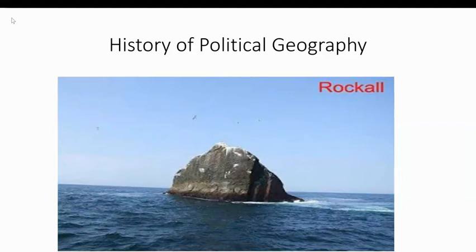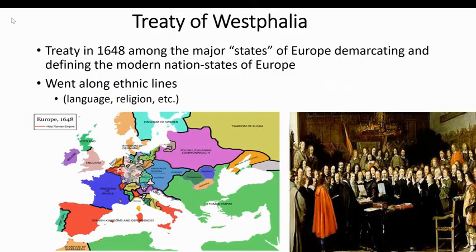The last lecture for Unit 3, and obviously then the last lecture for Chapter 8. And so this one is titled A History of Political Geography. And we're going to start with the Treaty of Westphalia. So go ahead and I'll give you just a minute to find your key term slide for the Treaty of